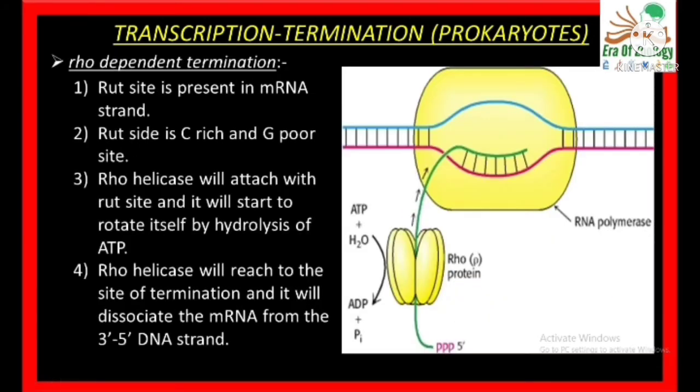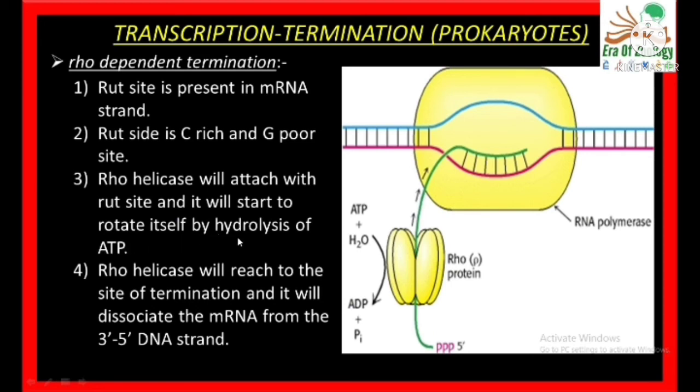And now we will talk about Rho dependent termination. In Rho dependent termination, the RUT site is present in the mRNA strand. This is the RUT site where the Rho protein will attach. The RUT site is C rich and G poor. In the RUT site, C nucleotides are present in heavy amount and G nucleotides are present in very low amount. The Rho helicase will attach to the RUT site, and it will start to